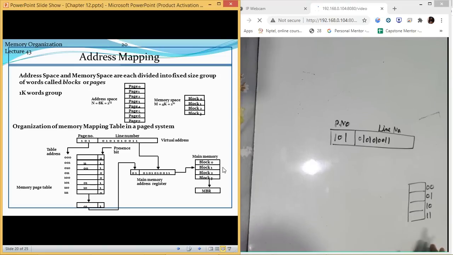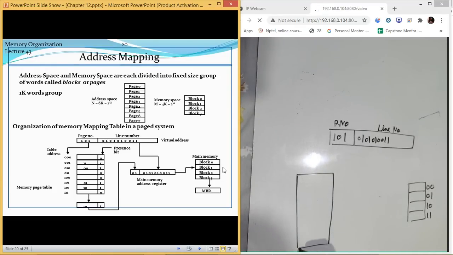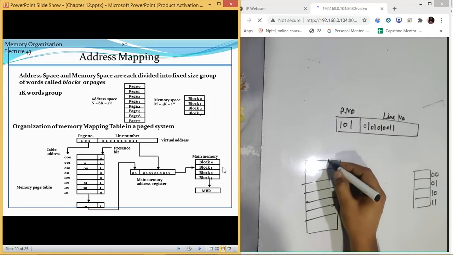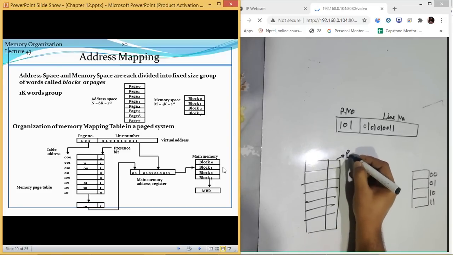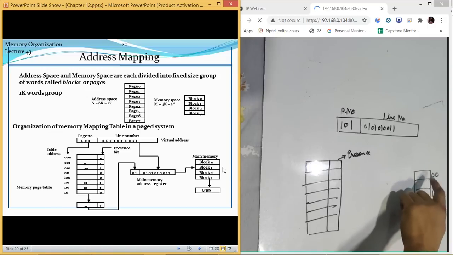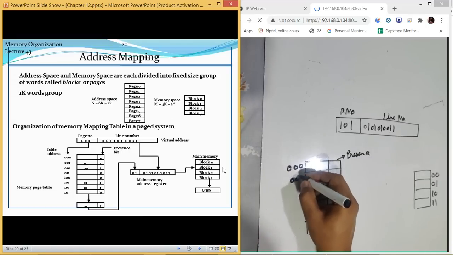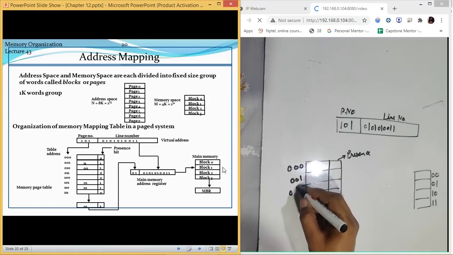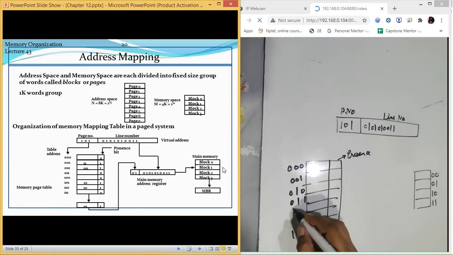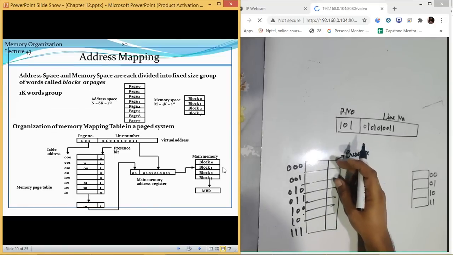Then inside the page, at this place, we have different values which we can store and something known as presence bit. This presence bit tells that whether that block is present inside the memory or not. So like if this is 000, this is 001, 010, so and so on up to 111. So 011. It will be easy for you.